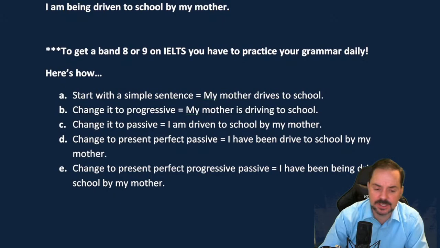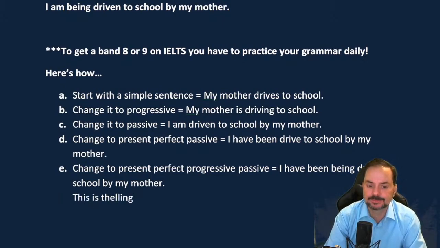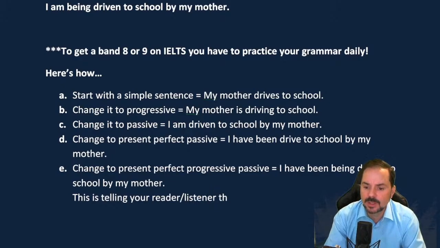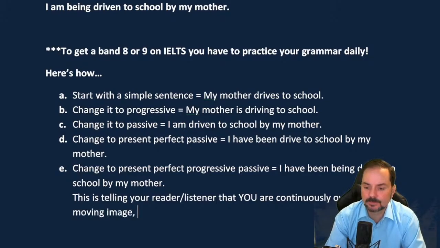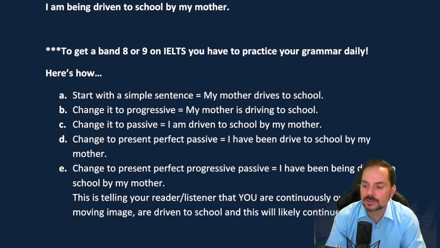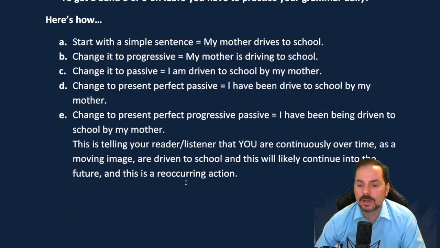Let me explain to you what this actually means. So this is telling your reader or your listener that you are continuously, over time, as a moving image, driven to school, and this will likely continue into the future. And this is a reoccurring action. Okay? So this gets really fancy, everyone, and I don't expect you to know or use this level of grammar